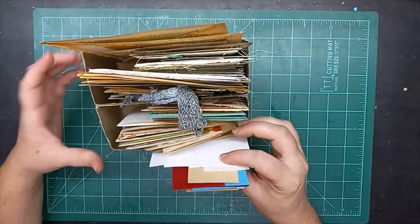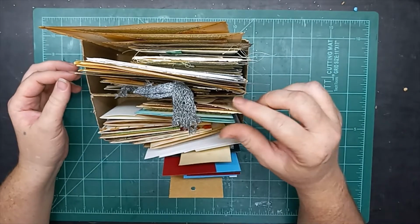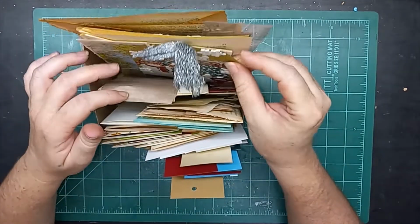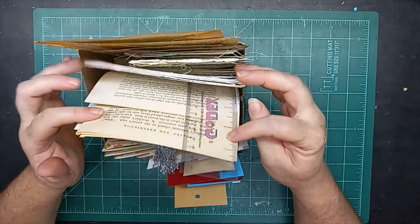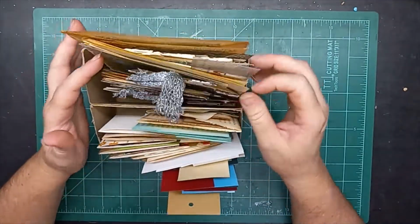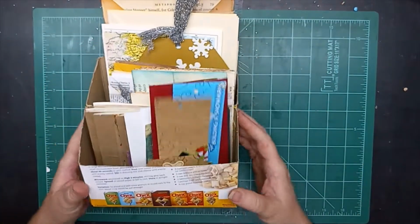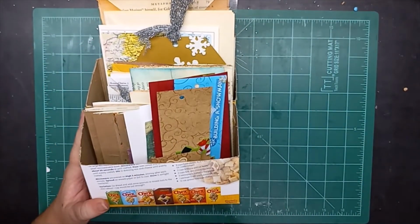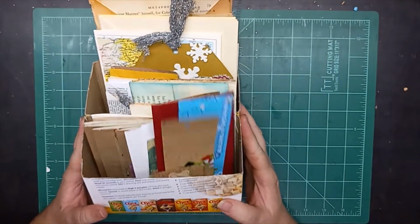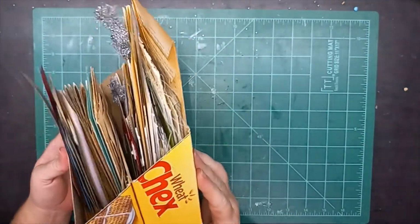This is where I do the Mass Make Monday videos as well, and this is where all of that stuff goes at first, right when I'm ready to take it off of my desk, but before I've really fully decided what I'm going to do with it. If I'm going to personally use it, if I'm going to sell it, what I'm going to do with it. That way it has a place I can grab it right after the video's